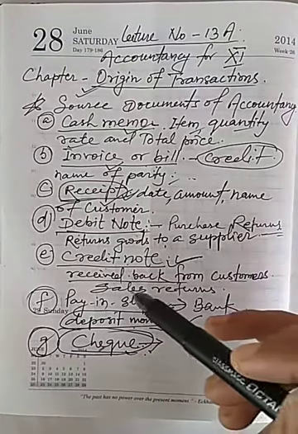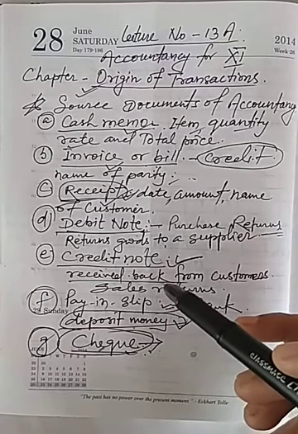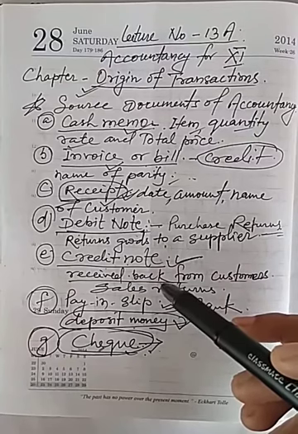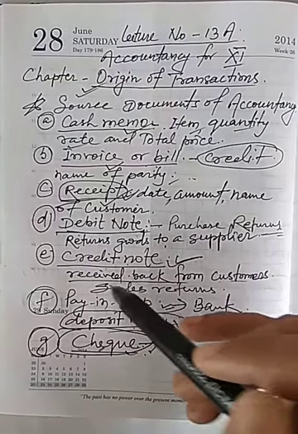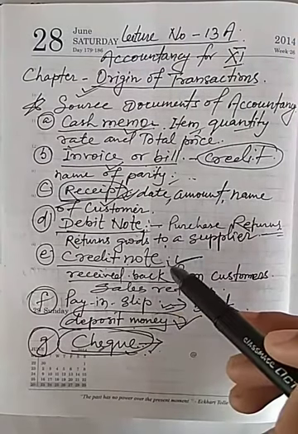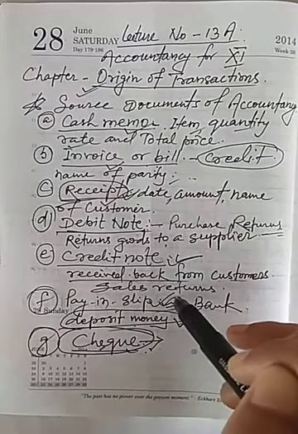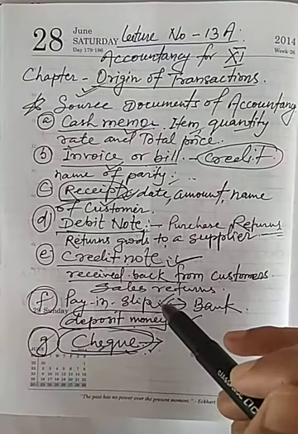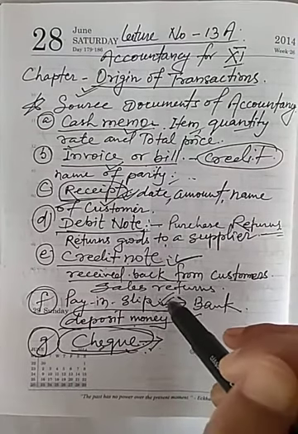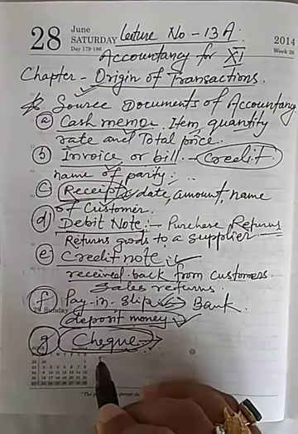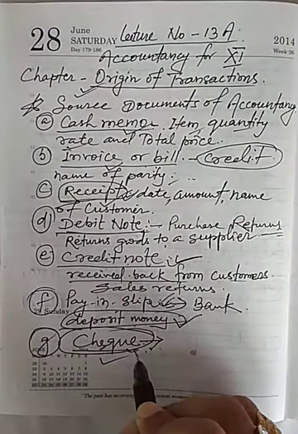That means sales return: when goods sold to a customer are returned, we prepare a credit note. Pay-in slip is used to deposit money in a bank account, and check is an order to withdraw